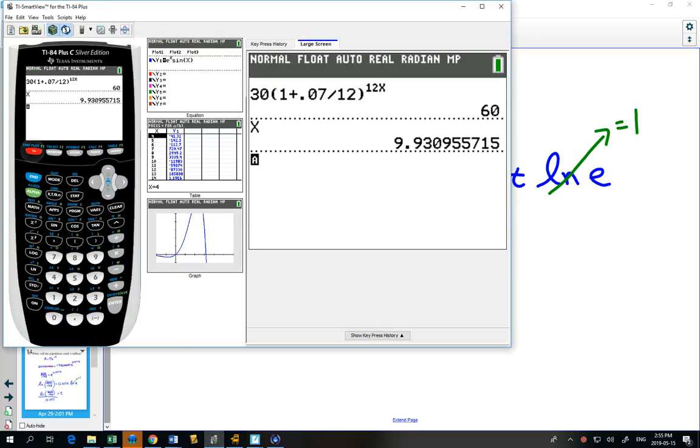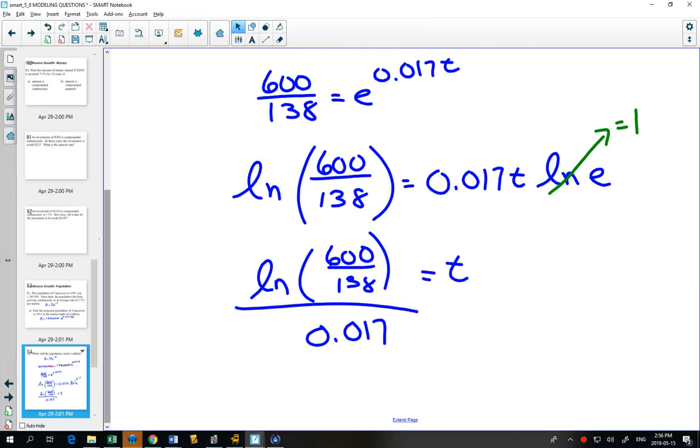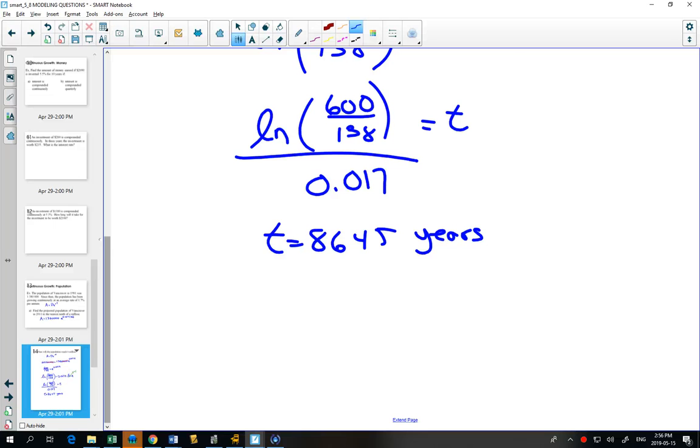Go to my calculator, use my fraction button, natural log of 600 divided by 138, divide by 0.017, 86.45. Now, when I get 86.45, I guess I should have 3 decimal places, 86.452. When I get 86.452 years,